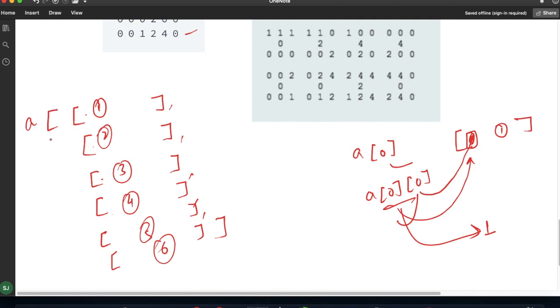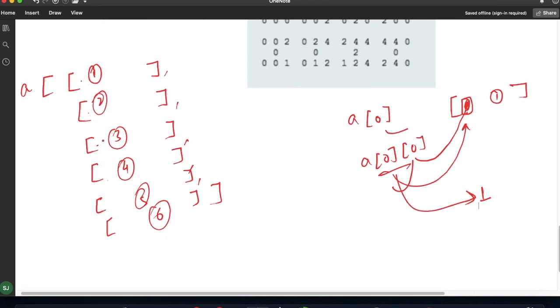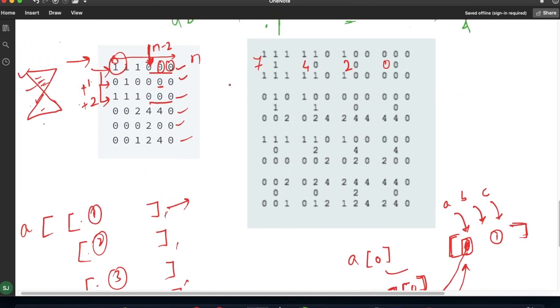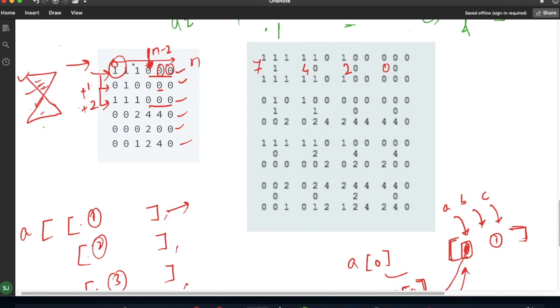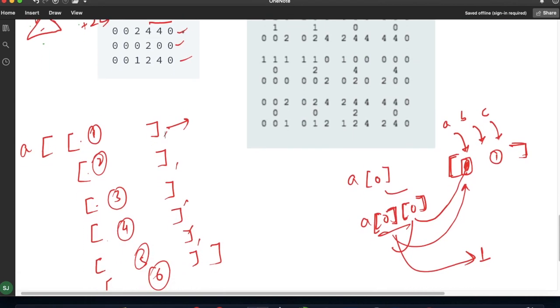So let us try to apply our approach. The approach is quite simple. We have to use two inner loops. For the very first loop, we'll simply get the list like this one, and for the second inner loop, we have to iterate for the first, second, and third element like A, B, and C from the very first list. Now, as I said, we have to get the other values by simply adding 1 and adding 2.